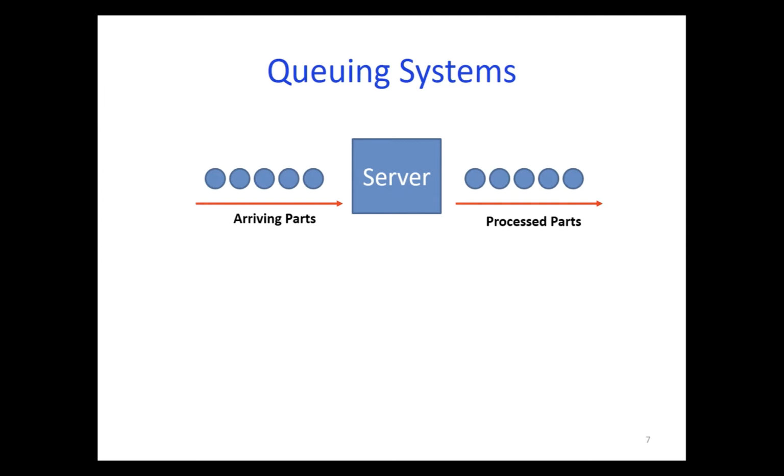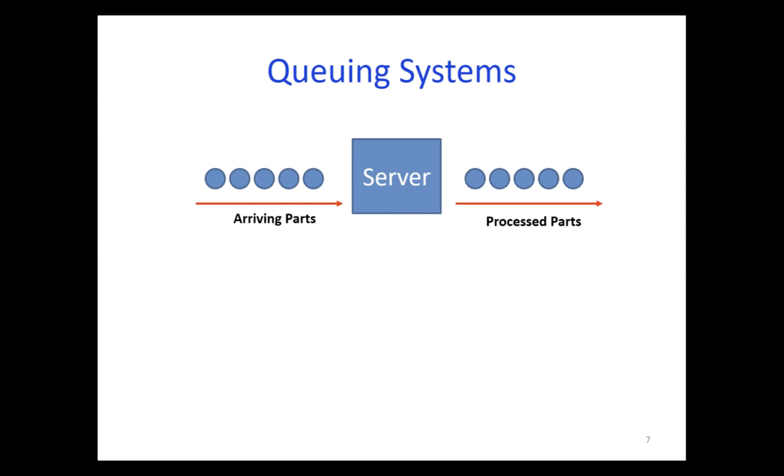Entities are anything that comes to the system, gets processed, and leaves. The parts, the customers, anything that has this nature, they come to the system, they get processed, and they leave, they are entities. So how many types of entities do we have here? Parts arrive to this manufacturing process, they get processed, and they leave. How many entity types do we have? One. We have only one entity type. Parts are the only one. We have many of them, like, let's say I tell you on average I get 20 parts per hour. Okay, so obviously I receive a lot of parts, but all of them are entities under just one category,